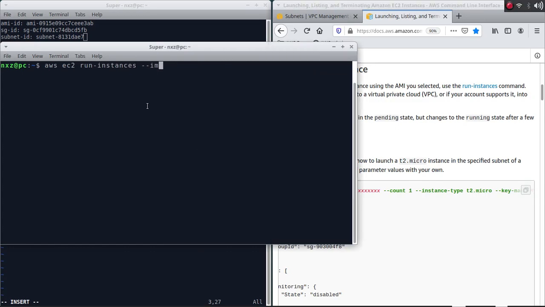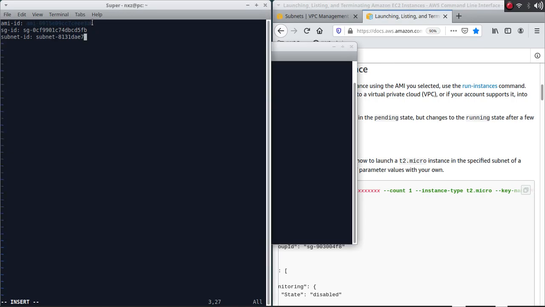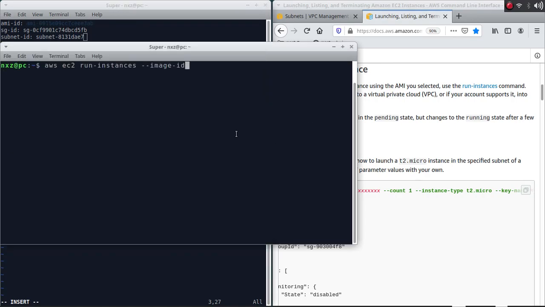So --image-id, which is the AMI ID. So I'll copy that, space, paste it here, --count, which is nothing but the number of instances you want to deploy. So I will say 1, --instance-type, which is your t2.micro that comes under your free tier,